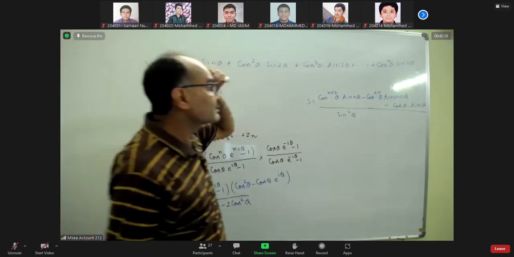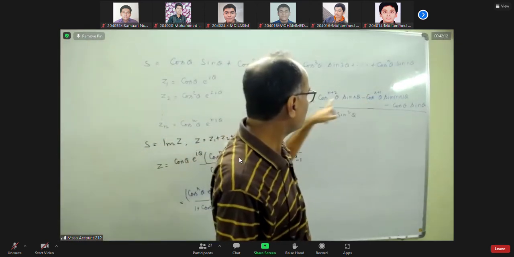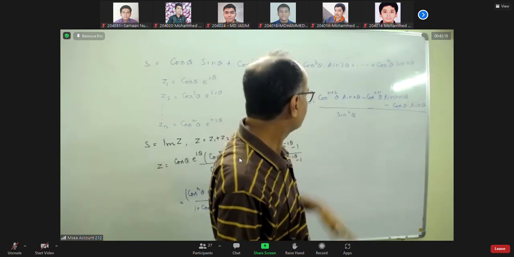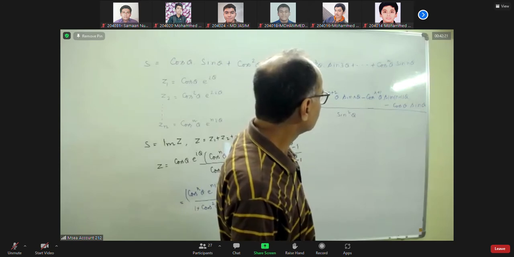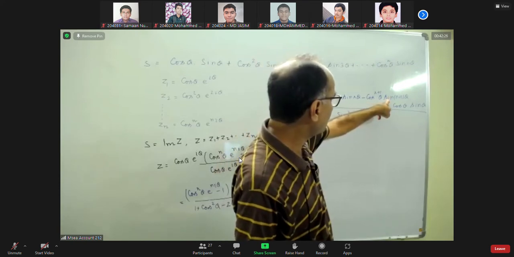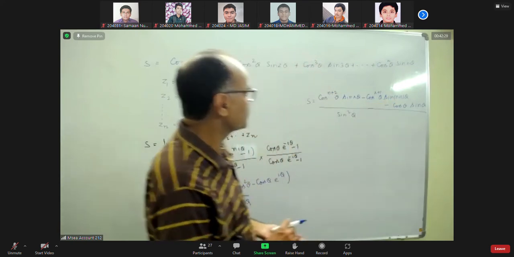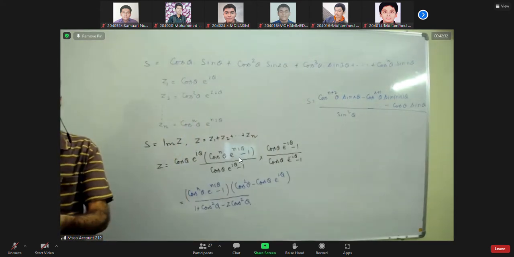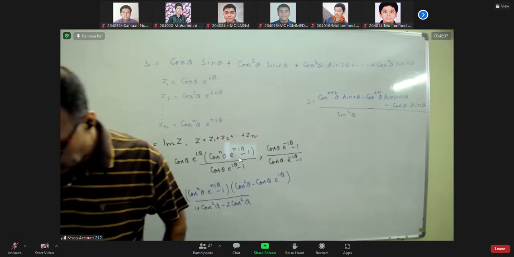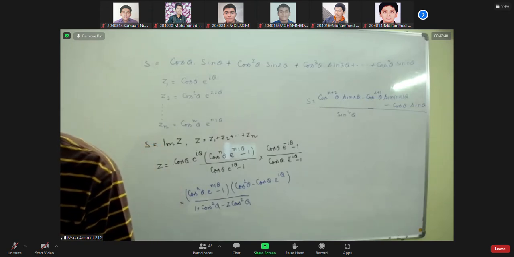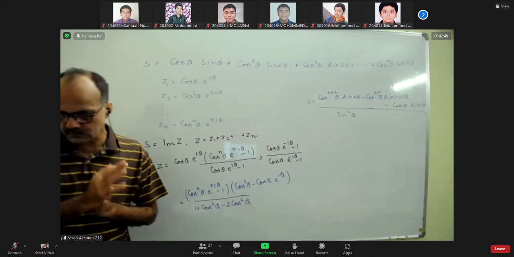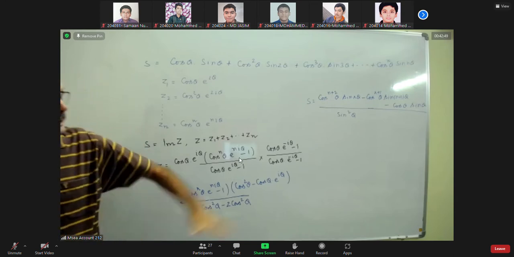Further, we can simplify this. You can take here common sin cos n plus 1 theta, or you can expand it sin A cos B plus cos A sin B. After that, you can simplify. I'm telling you, if we just modify the question a little, we can use the basic method. Once you check the calculation, is it correct?